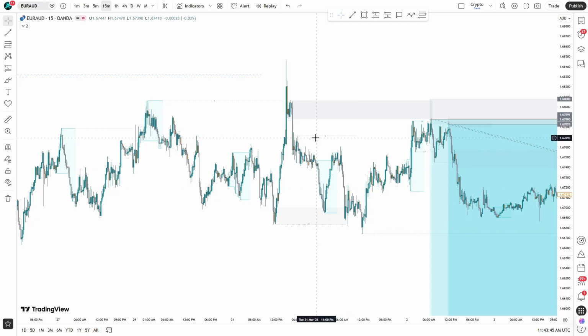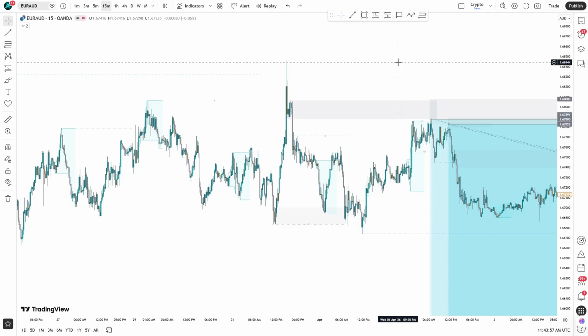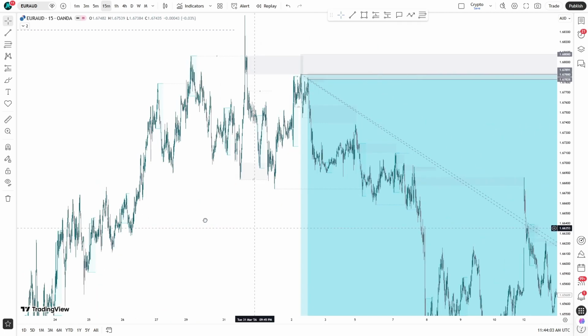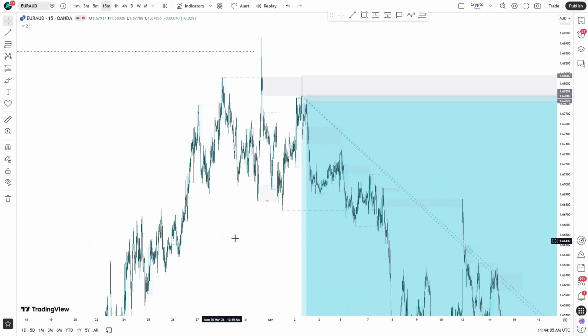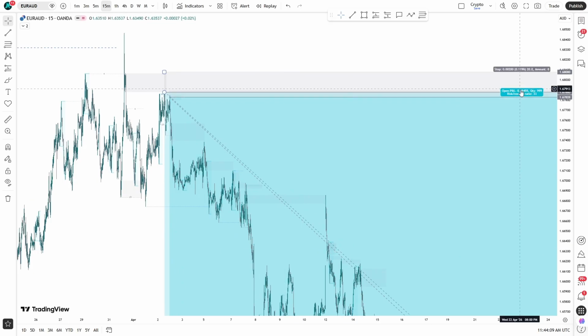Market later came to this refined supply zone. So we actually did mark out this supply zone from the higher time frame, which is the 1 hour, before we refined it here on the 15 minutes. So this trade, the refinement gave us a trade of 1:33. As you can see on the chart here,